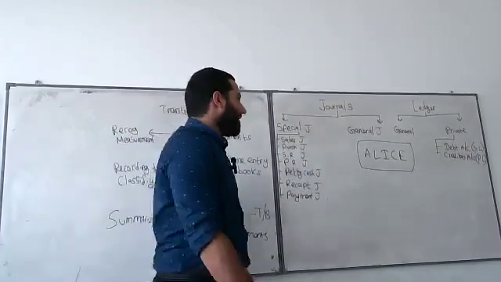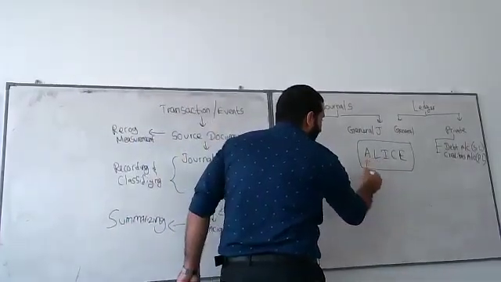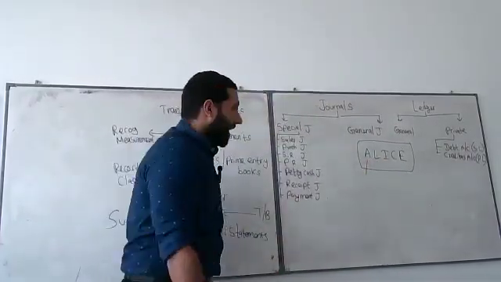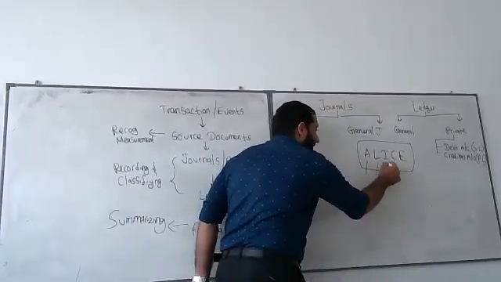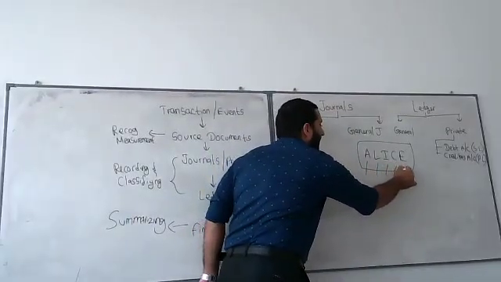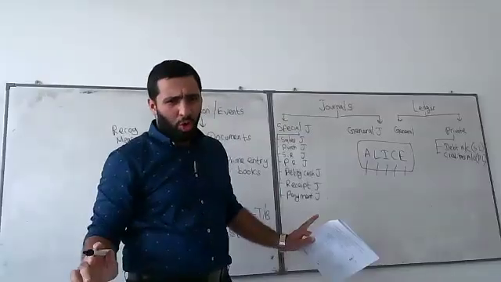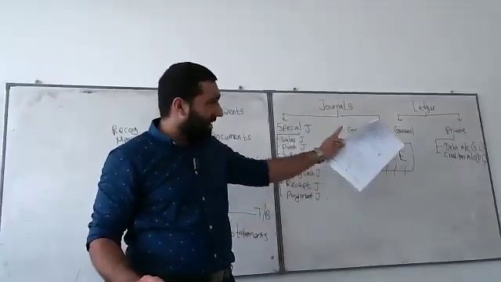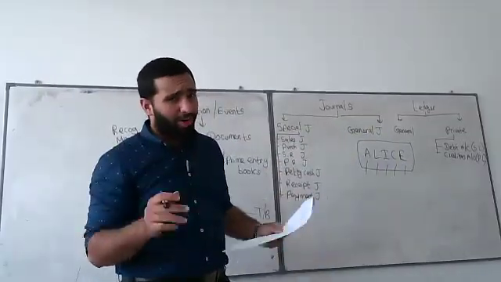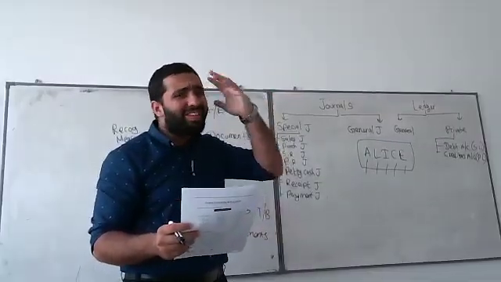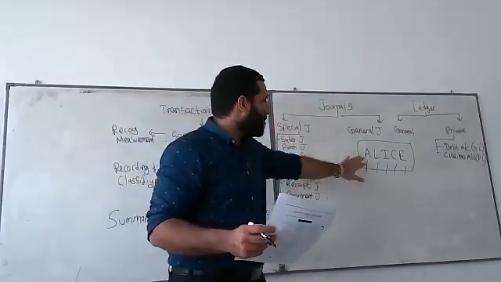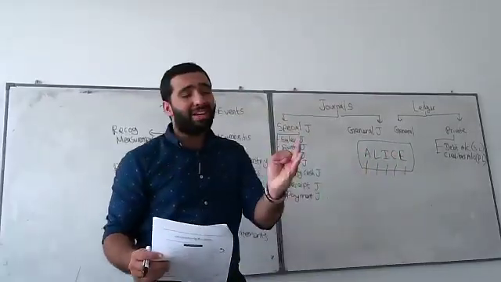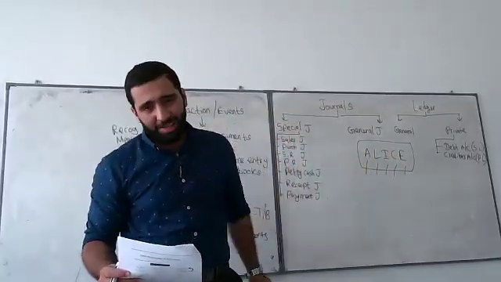What is this? Yes. A stands for assets. L for liabilities. I for income. C for capital. And E for expenses. So just write this in your tude. Very important, so that you can easily remember. Yes, ALICE. What are the elements of accounting? You can easily remember: assets, liabilities, income, capital, and expenses. Okay.